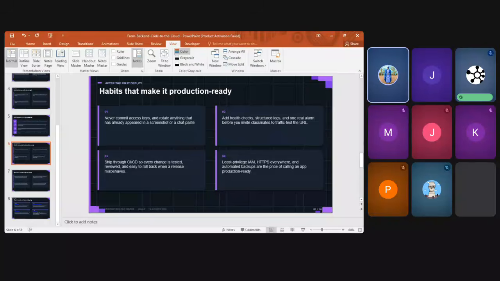So again, always rotate your keys. Rotating means that every few days or every few weeks or every few months, you go to your third-party application that you want to use, let's say MongoDB, and you recreate another URI. Many applications have it.